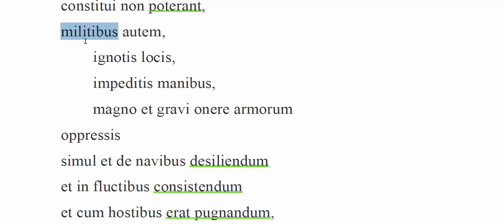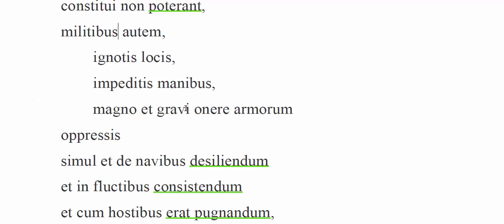So, moreover, for our soldiers, three ablatives: unfamiliar locations, hands that are burdened, impeded, they're carrying a lot of stuff, and a great and heavy burden of arms, oppressis. And oppressis is going with militibus. So, for our soldiers who were overwhelmed, we might say, by the unfamiliar locations, their hands being full, and by